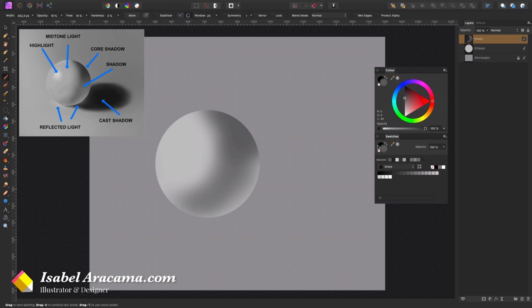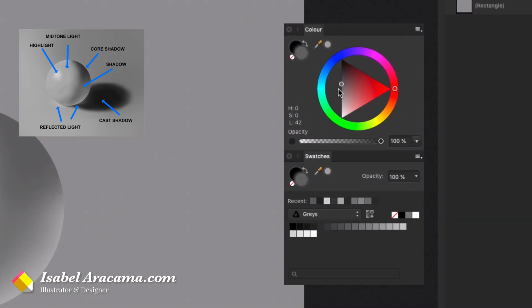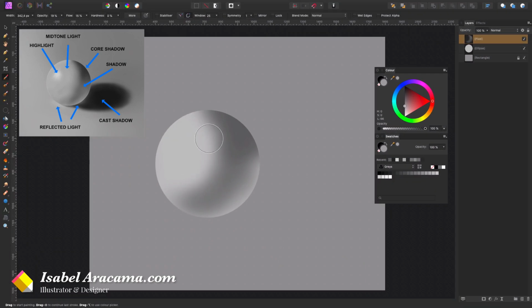Now I'm going to go down here. I'm going to try to blend that area in such a way that it looks natural, like so. I'm going to make this smaller. You don't want your brush to be gigantic because you want to be subtle. Okay, the crescent is there and I want it to be there.